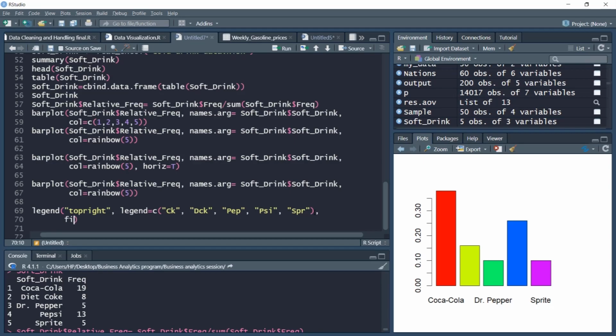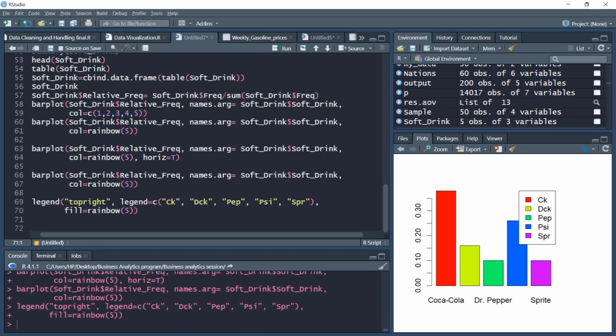So probably I'll add a fill of rainbow 5, which I have already used, so that color coding remains consistent. It's nicely looking, but slightly overlapping. So I can change the 6. Probably I can decrease the 6 to 0.5. Maybe it will be a slightly smaller plot and smaller legend, and yes it is, but it doesn't look so good. So maybe the earlier one was better, so I'll use it as 1, which is the original, and it looks nice. All the bars are recognized.